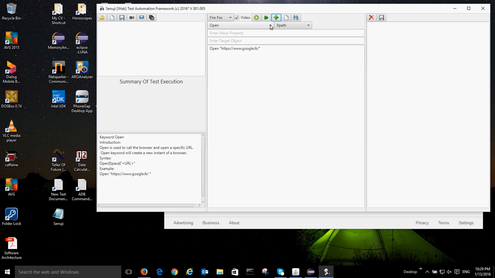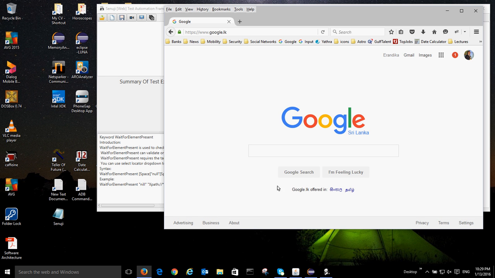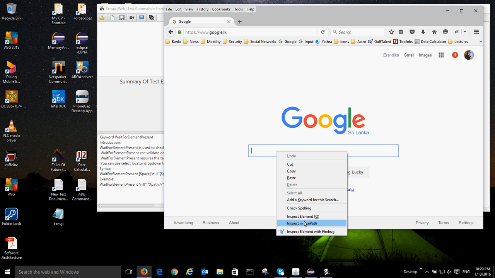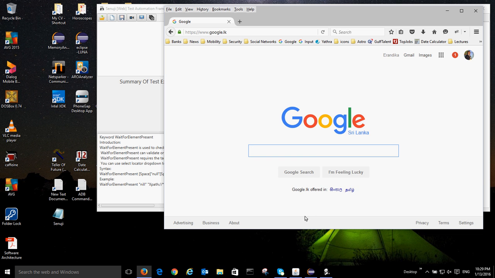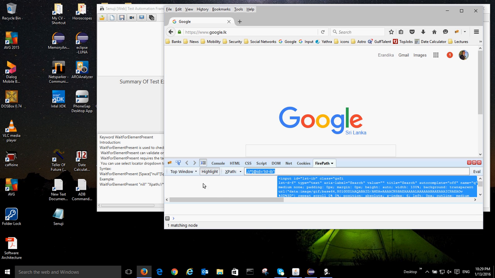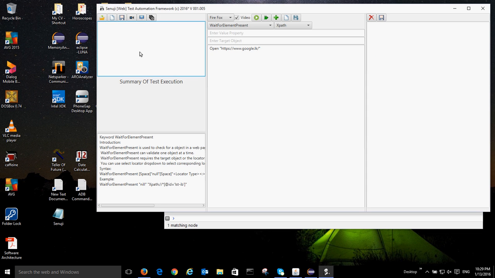Then for example, I want to wait until the search box appears, just to make sure that the text box is available. So I'm spying it using FirePath, just take the XPath, and wait for element XPath until this thing, right? Then what I'm going to do is